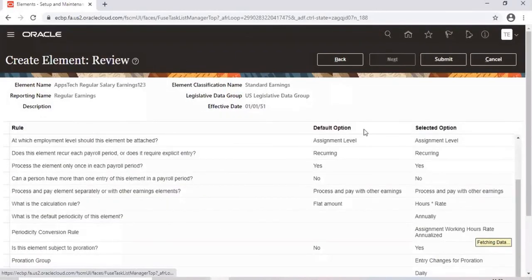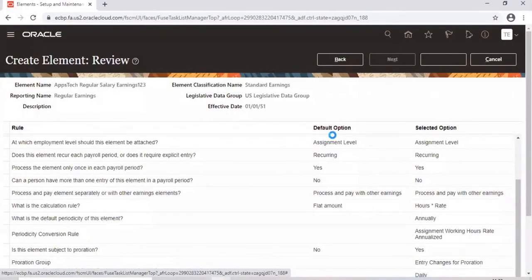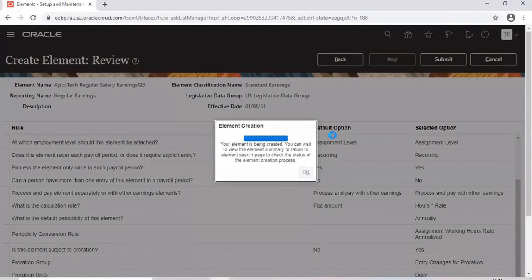Okay, so just review page. When you submit, it is going to take time. It will not create just like that, because when I define this element, it is not defining just an element. It is creating the corresponding elements like retro element and other elements. It is also creating a fast formula, legislative formula, because it's a US legislation.